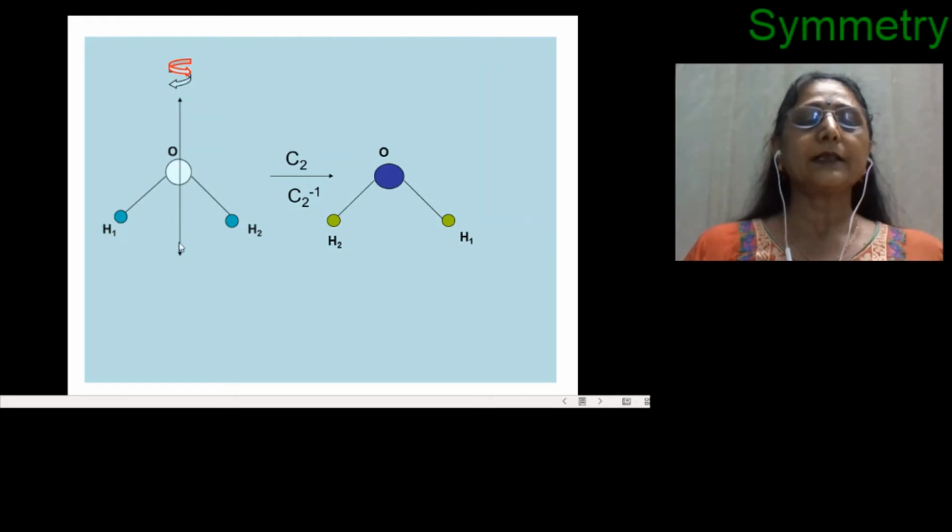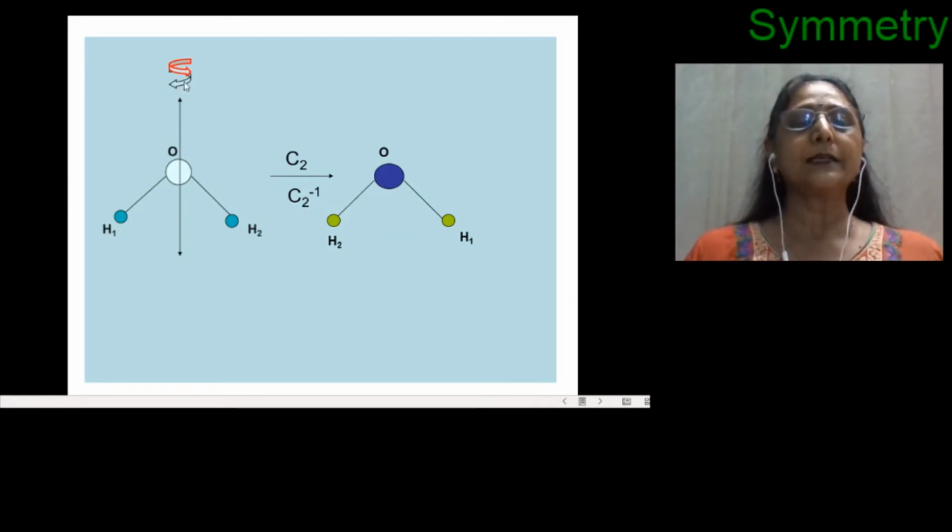Consider the axis passing through the oxygen, that is the center of oxygen. One axis is passing like this, and I have represented two arrows over here. If I consider a clockwise rotation, then we will consider this arrow, that is clockwise rotation, or we can say it is a C2 axis of rotation. This other red arrow represents anti-clockwise rotation, or we can say rotation in the opposite direction.